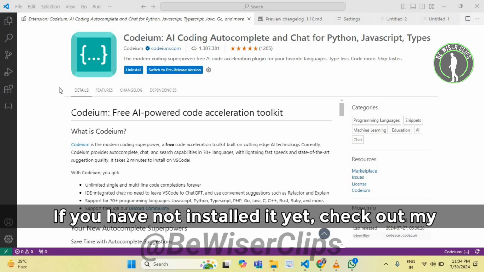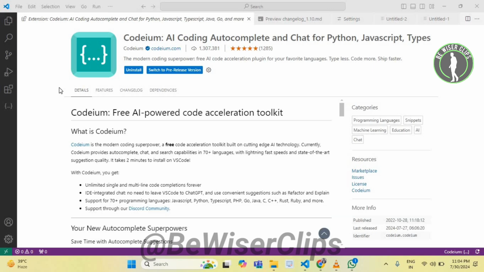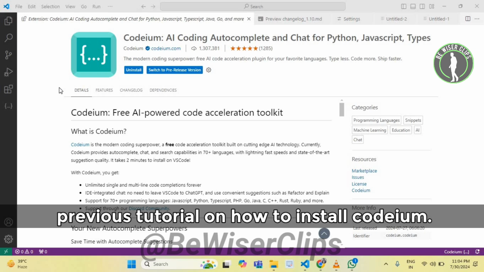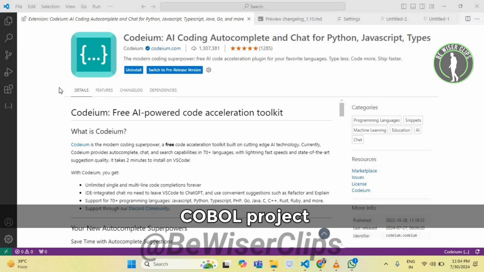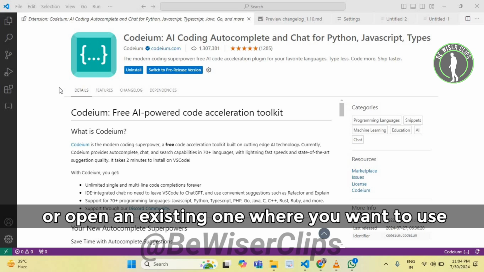First of all, make sure you have the Codeium extension installed and activated in your code editor. If you have not installed it yet, check out my previous tutorial on how to install Codeium. Now open your code editor and start a new COBOL project, or open an existing one where you want to